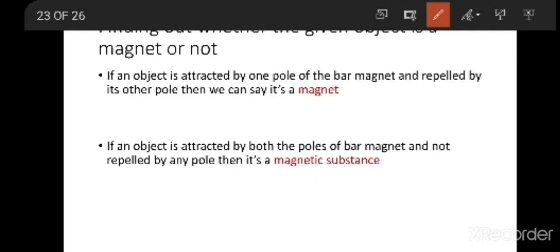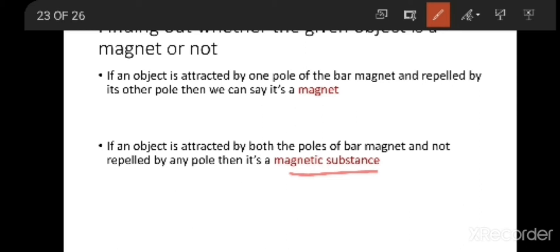Suppose you want to find out which of the given substances is a magnetic substance. You all know what a magnetic substance is. Magnetic substances are the substances which are attracted by the magnet. They show attraction when the magnet is near them.